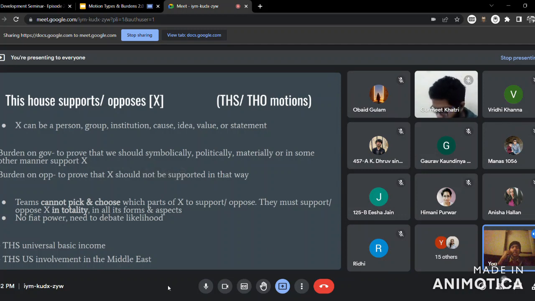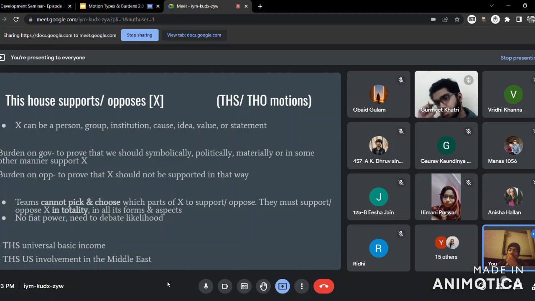Okay, so universal basic income is basically a policy where the state provides a fixed amount of income periodically to every citizen of its country, no matter whether you have a job or you don't have a job, how rich you are, how poor you are. If a country follows universal basic income, every person in that country would be given some amount of money by the government to sustain themselves or things like that. That's basically what we mean by universal basic income.